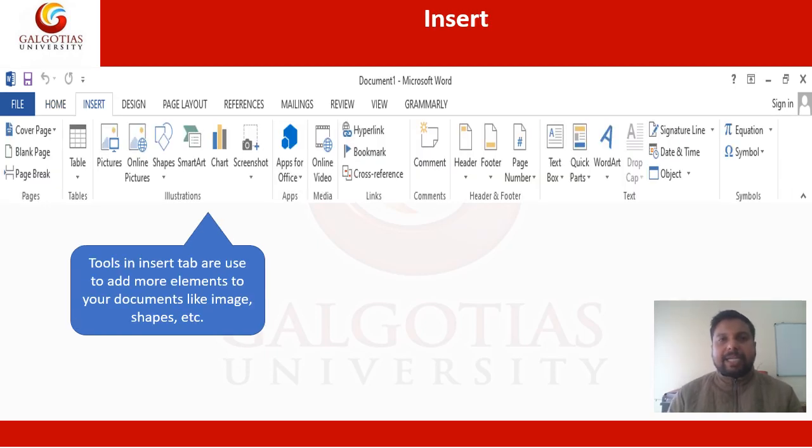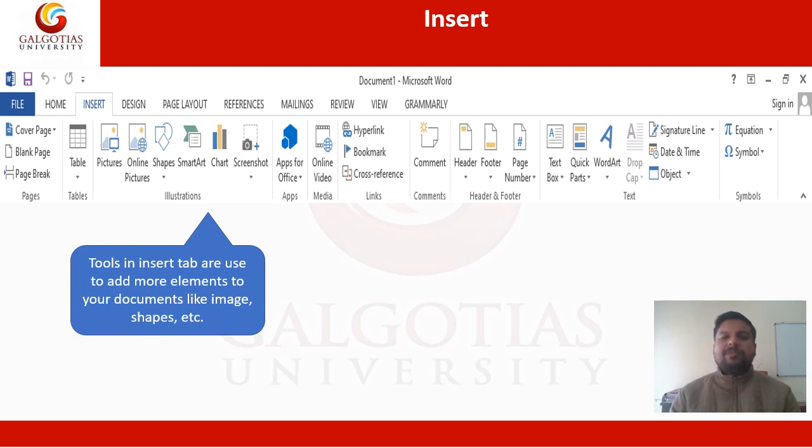So here is our next slide, which is insert. Insert means putting something between your text. There are some options which we can discuss, like table. If you want to insert a table in your document, like we write something and now we have to put some data or numbers in it, we use the table format. Or if I want to create a form to give to someone and they will fill it, we use a table in it.